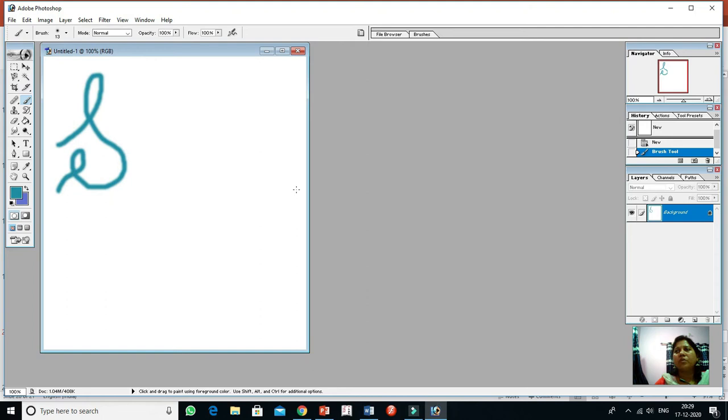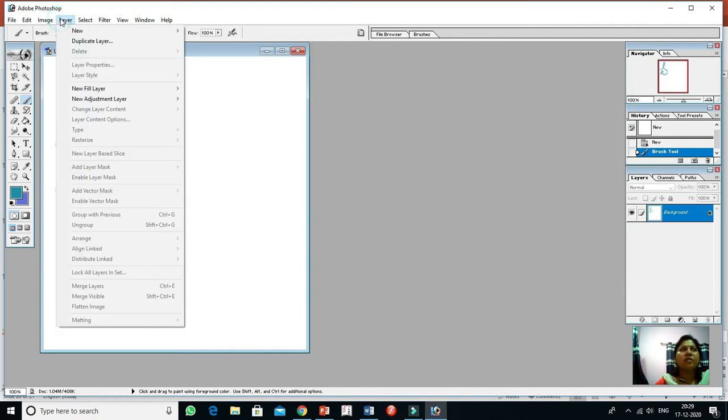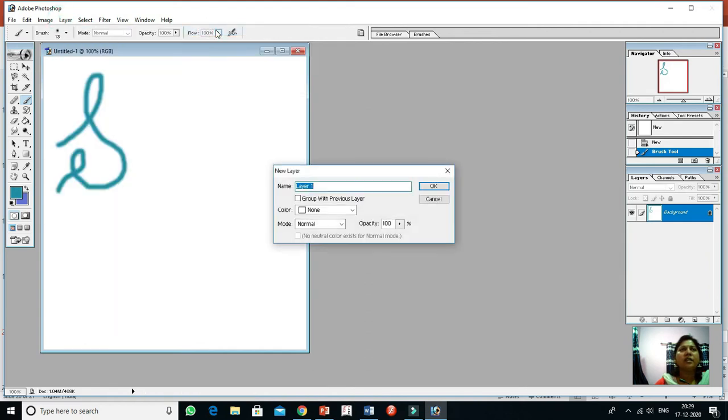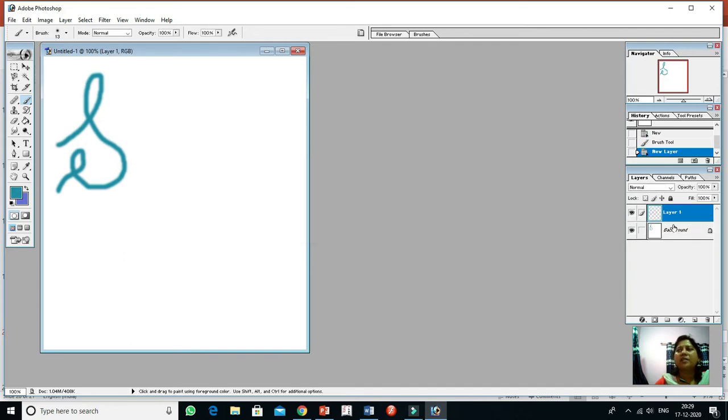Now go for the next layer. How are you able to insert a new layer? Click on Layer and click on New, then Layer. Layer number 1 is displayed. This one is your background. Layer number 1, then click on OK. The second layer is coming.